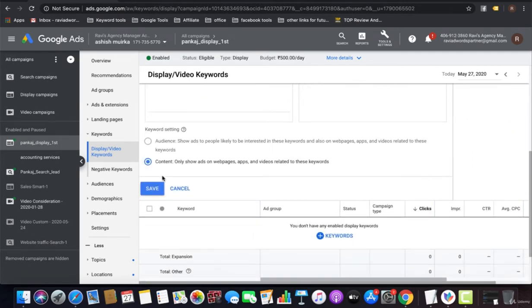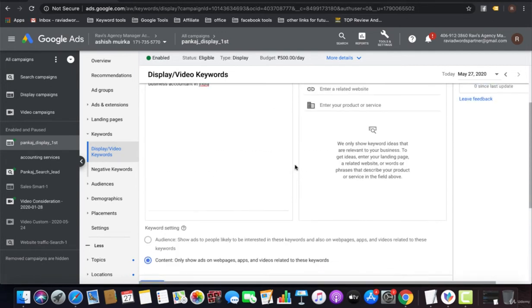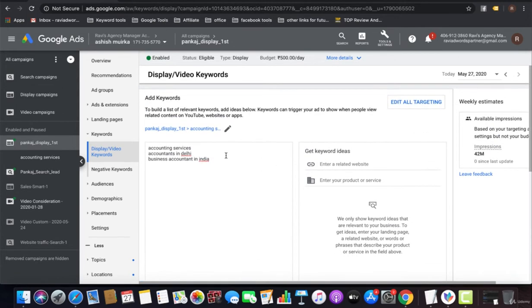Now you can select the content, like only show ads on web pages that are video related to these keywords, like my ads will show on those websites or on those apps or on those video content which are related to my keywords.